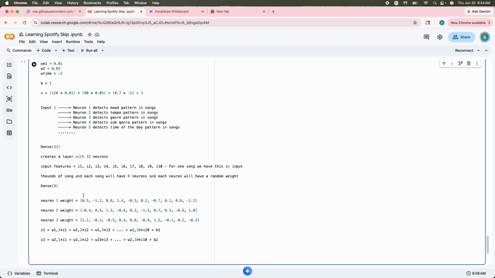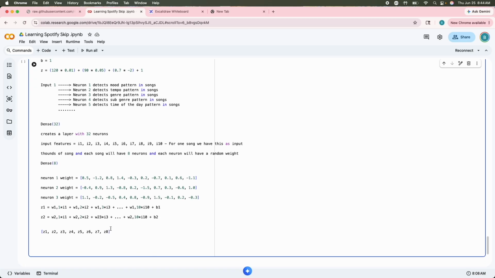So after all 8 neurons finish calculation for that one song, layer 1 will produce an output like Z1, Z2, Z3 until Z8, which is the output from the neurons of our layer 1, which is dense 8, and this is for song 1. This output becomes input to the next layer. Suppose our next layer contains 4 neurons. The second layer receives Z1 to Z8 as input,